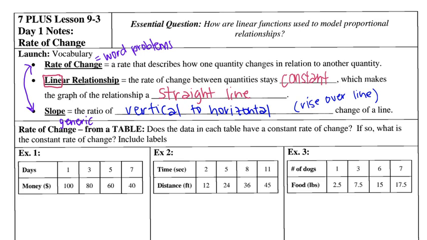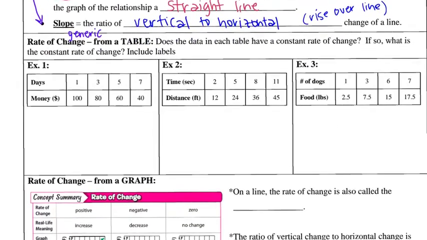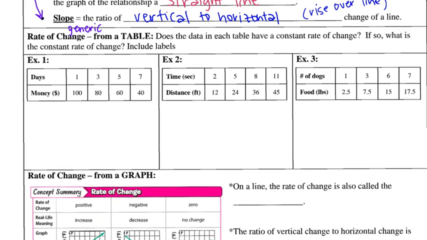All right, so rate of change from a table. Does the data on each table have a constant rate of change? If so, what is that constant rate of change? And we are going to include labels. So this first example, all you're going to do is look to see, I call it the jump. So you're going to look to see from the X and the Y if the jump is going to be